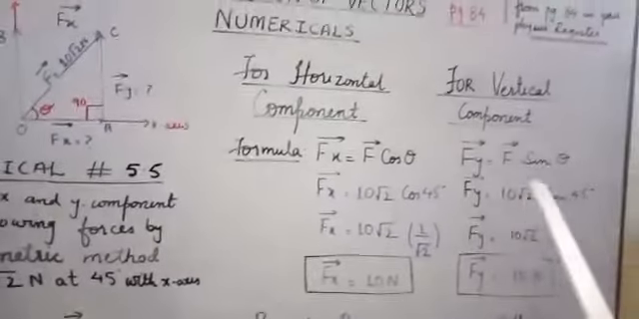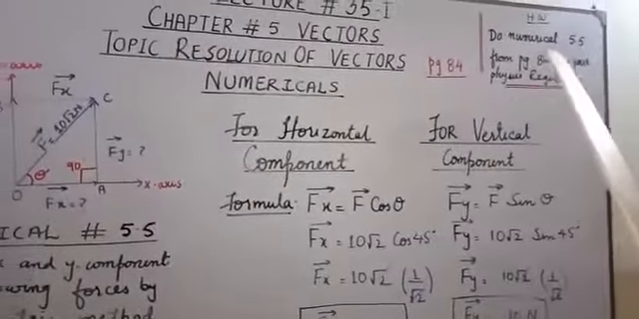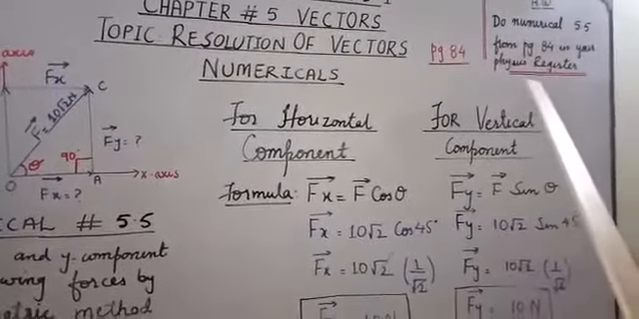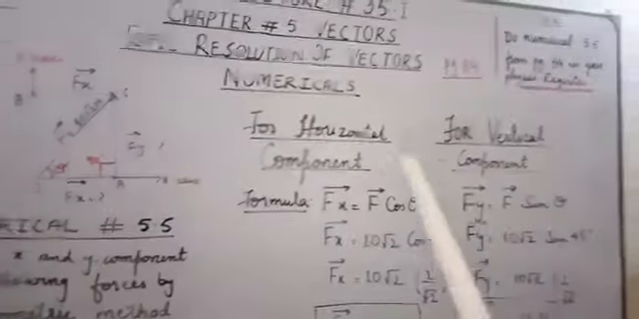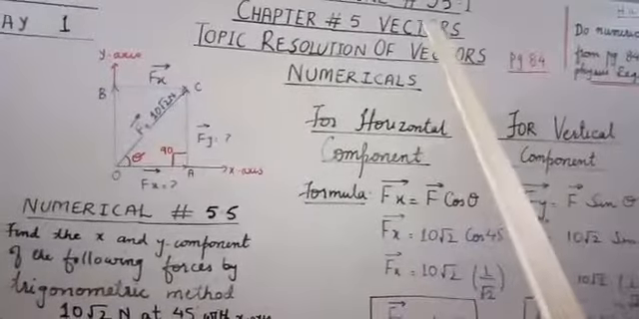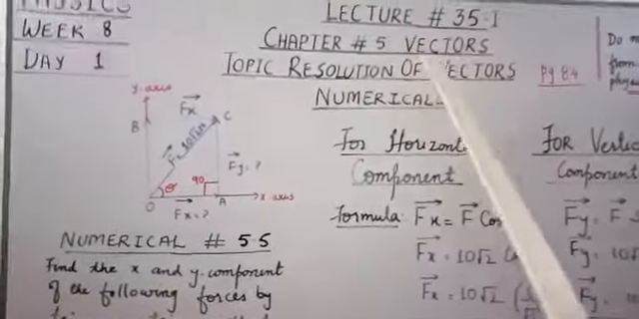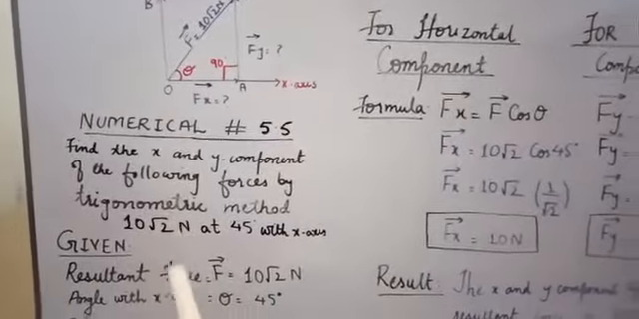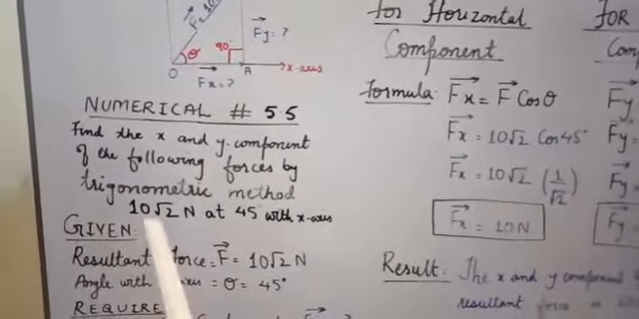Okay. Your homework is to solve this numerical 5.5 from page number 84 in your physics registers. And for your convenience, I am also giving you lecture number 35 part 2, in which I just changed the values of the given question with the case number 2 values. Open page number 84. See, the case number 2 values are